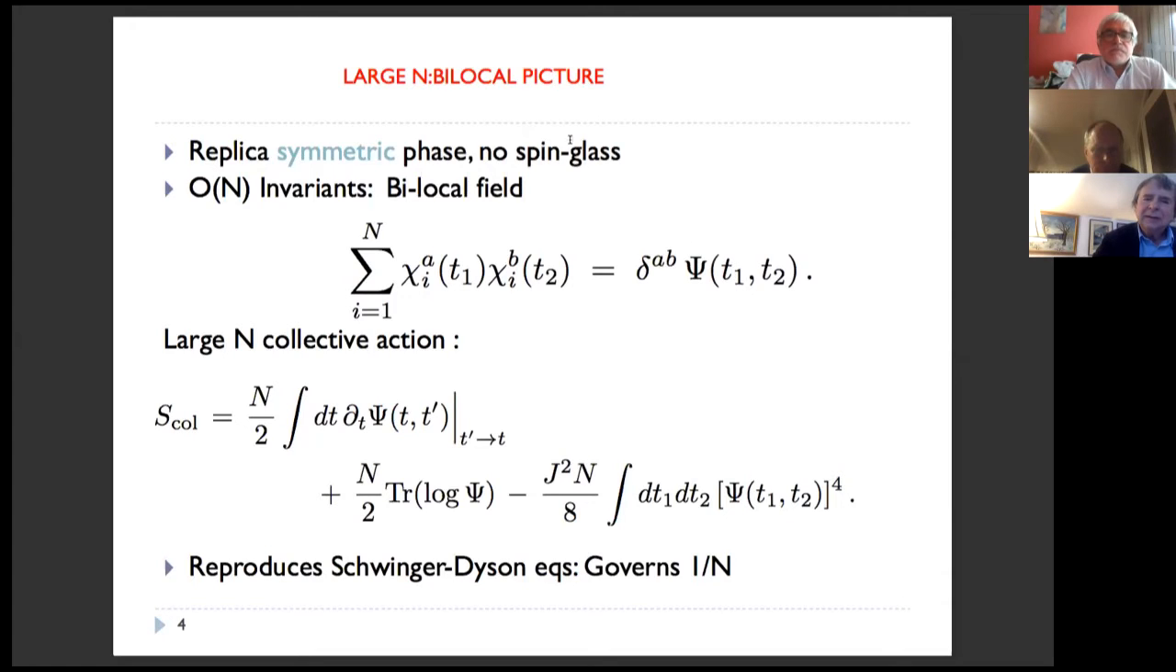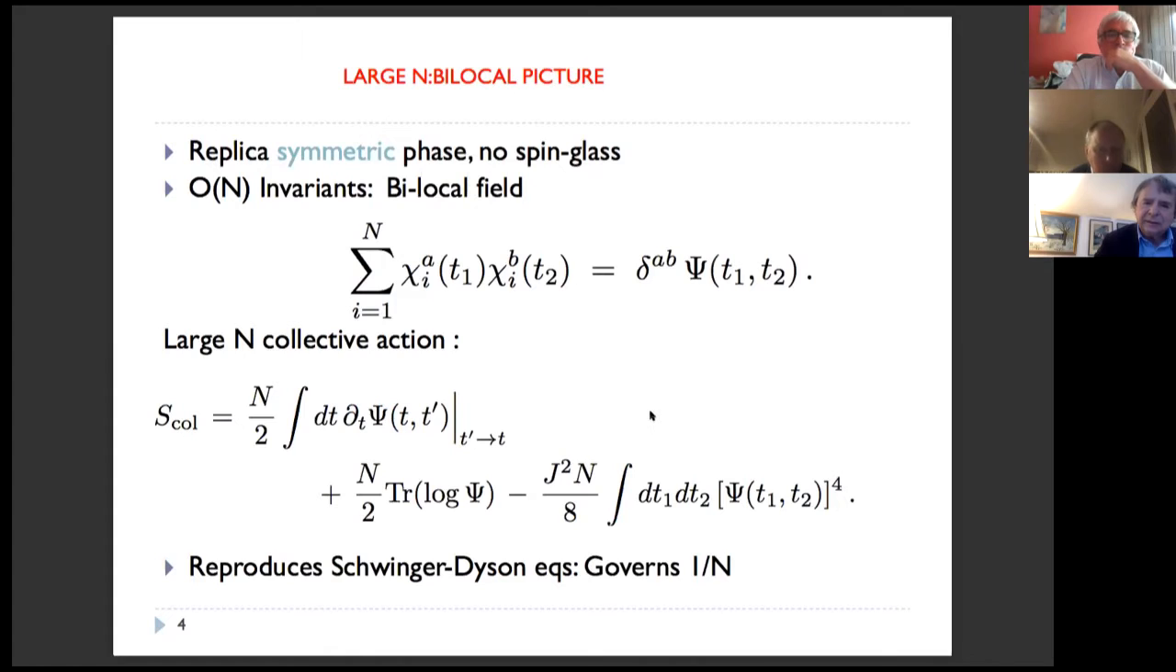So the main vehicle of understanding the solution, or even doing the solution, and you will see going toward space-time and gravity, will be just this bilocal field, which is invariant under S_N, and it will be able to encapsulate the large N physics of the model. And the best way that is done, and that is how this is studied, is through an effective action, which